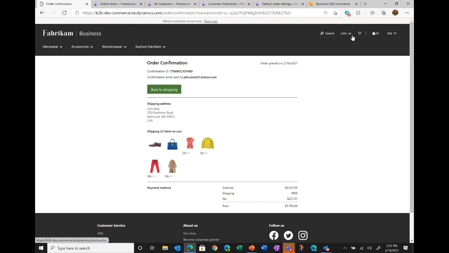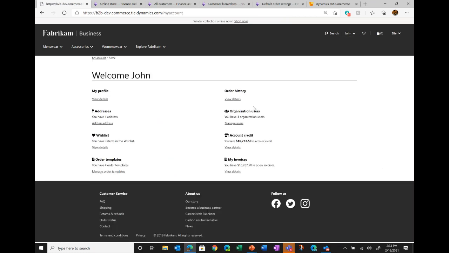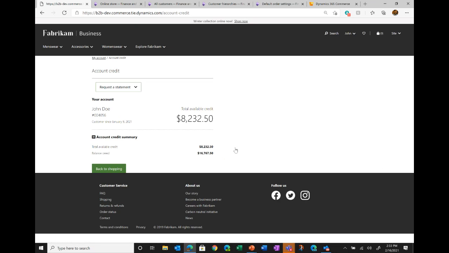The additional functionality that's available from a B2B e-commerce standpoint is this account credit part of it, where users from an organization can at any given point in time come to this account credit option, and then they can look at what is my available credit, what is the balance that I owe to the organization, and they can get all those details. They can also request an account statement. So this gives you a summary view, but let's say you want to have a detailed view of your statement. So the user can actually request an account statement.